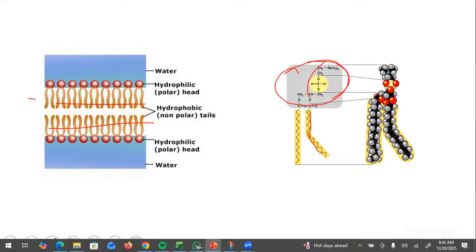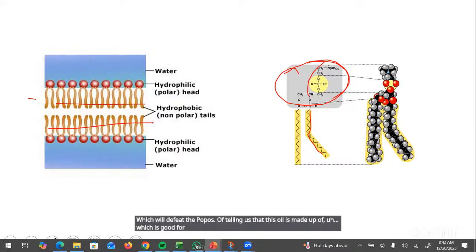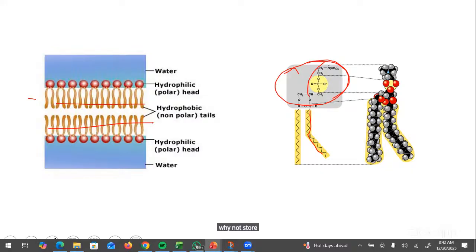which will defeat the purpose of telling us that this oil is made up of polyunsaturated fatty acid, which is good for the heart. Why not sell the oil in an amber bottle? Because amber bottles are known to prevent light penetration. So if there is no light penetration, there will be no photo oxidation. So I was querying it,